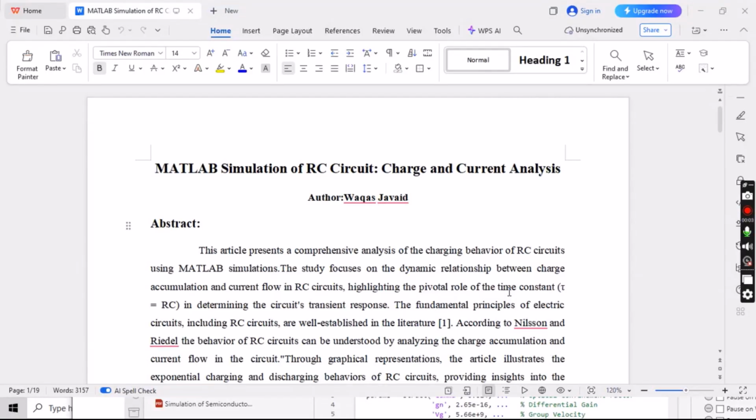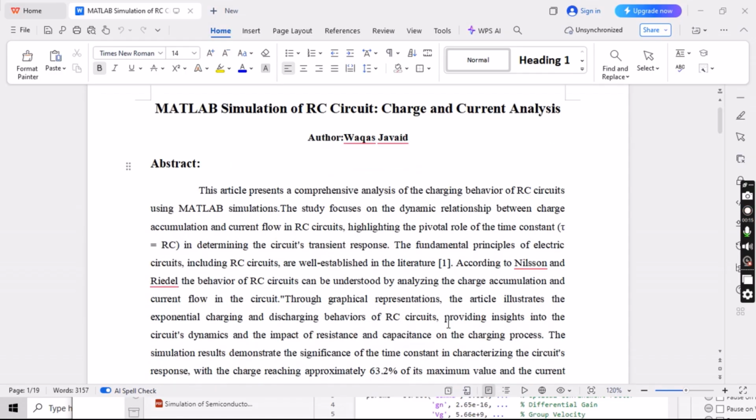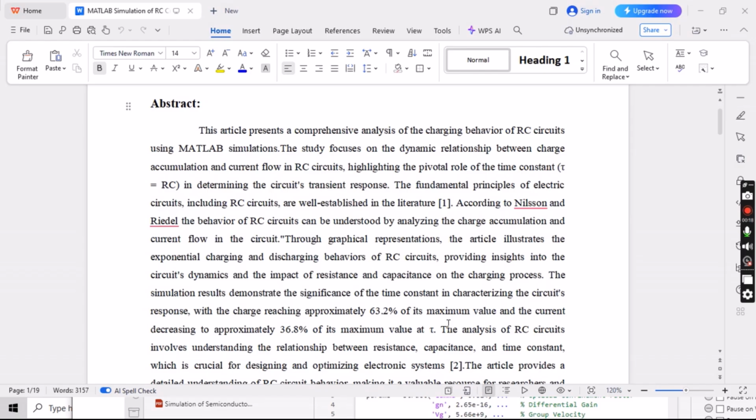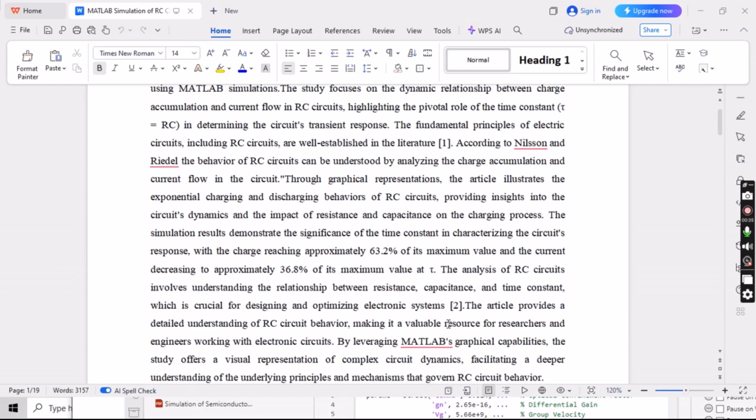Hi, this project is based on MATLAB simulation of an RC circuit, in which we need to analyze the charge and current analysis of the circuit. Basically, this project is developed for battery charger RC circuits, which are used to charge the battery to its maximum value, with charging reaching approximately 63.2% of the battery cells and the current decreasing to